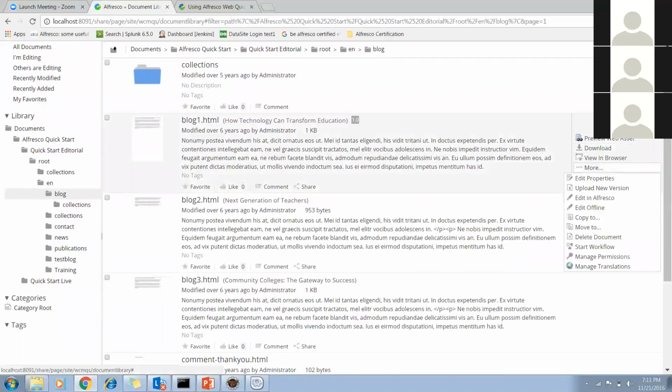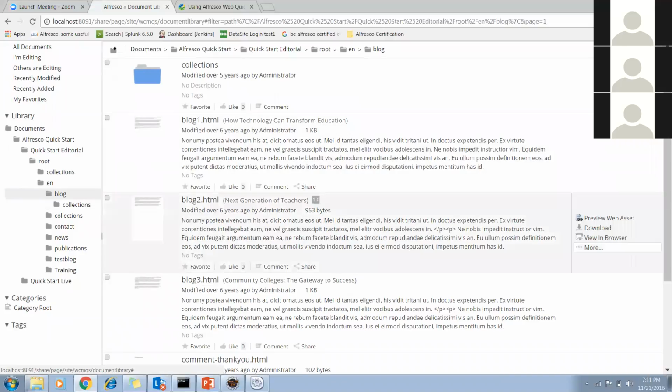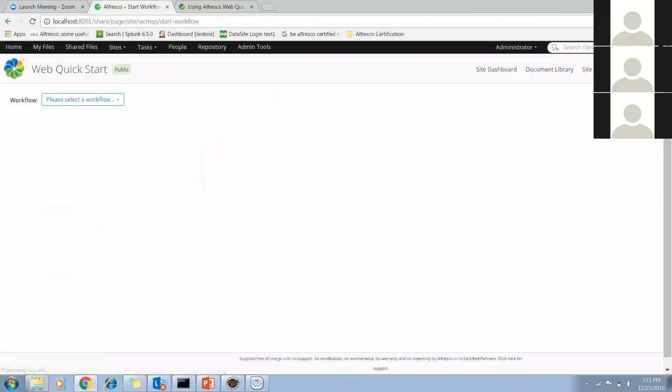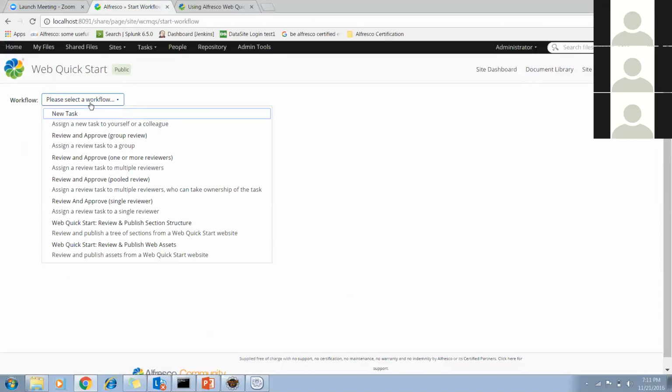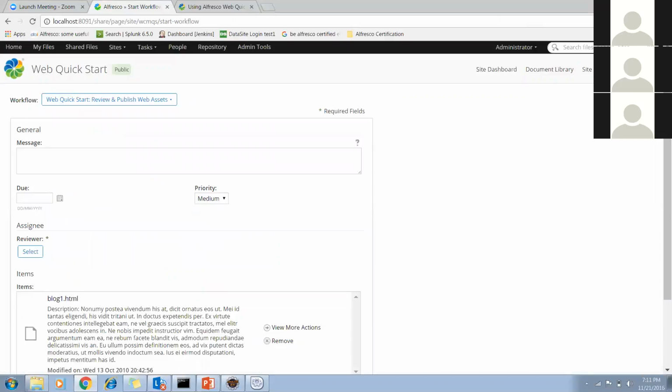Yes. We'll start the workflow here. If I want to publish, I need to select the workflow. I only know the last one, Jamil, review and publish web assets.